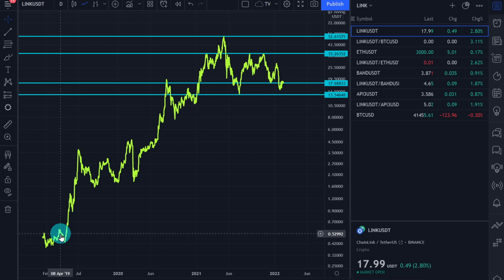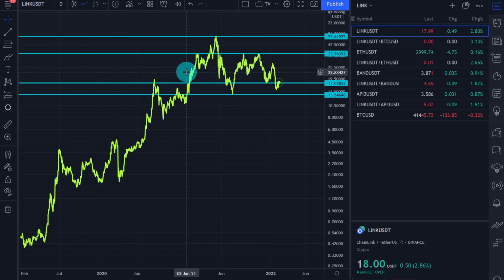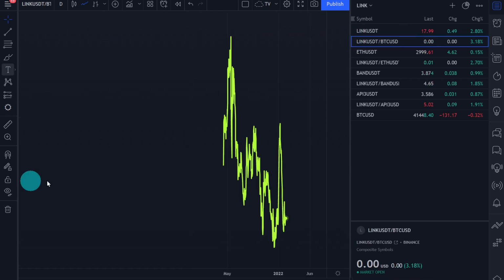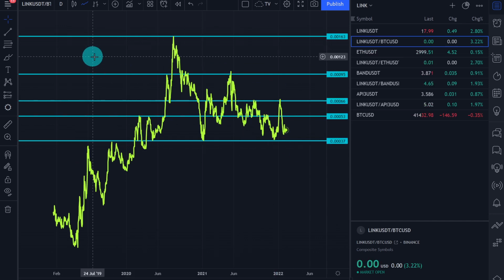Let's say we are bearish on ChainLink, but let's also look at the relative valuation charts, because when crypto in general is going up, then of course relatively underperforming cryptocurrencies, they might still hold up well. And so maybe we don't want to necessarily bet on the US dollar chart, right? Let's look, for example, now at ChainLink versus Bitcoin. That's the ChainLink versus Bitcoin chart, which did underperform by quite a bit.